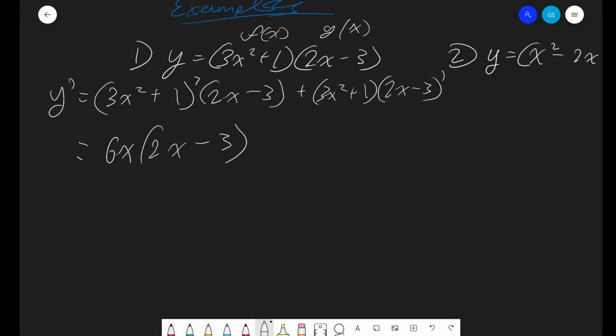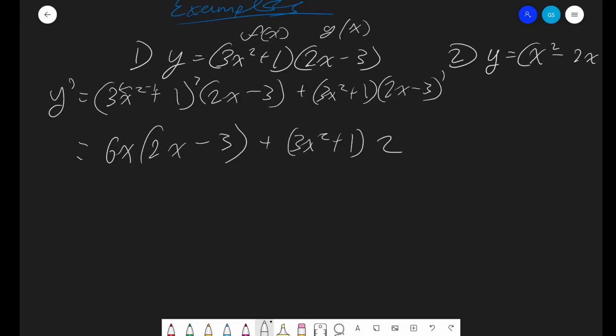If that was too fast for you, remember the power rule. We swing over the exponent and then subtract 1 from it. So 2 minus 1 is 1, and we don't need to write that exponent. When we swing over the 2, it's multiplying by the 3, so 2 times 3 is 6. Now we have 3x squared plus 1, differentiating 2x minus 3,